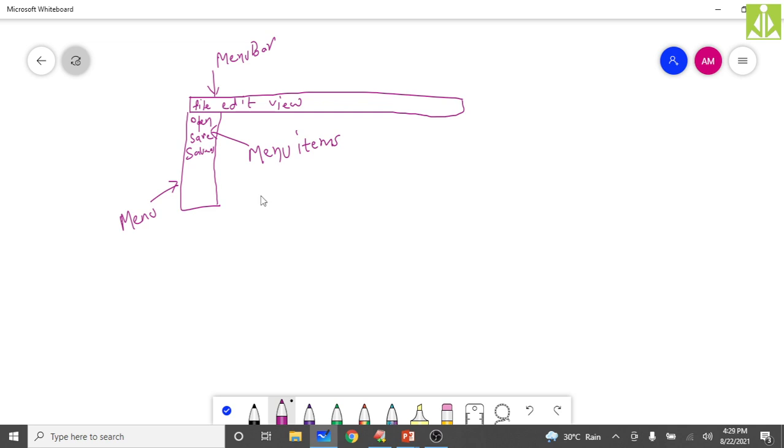Whenever you are pressing the different buttons on your mouse, like right click, left click, scrolling, hovering, dragging, all these things when you are doing, these terms have meaning in your application. Dragging means something else, hovering is something else, clicking is something else, double clicking is something else, scrolling is something else. All these we call events, and we need to handle these events